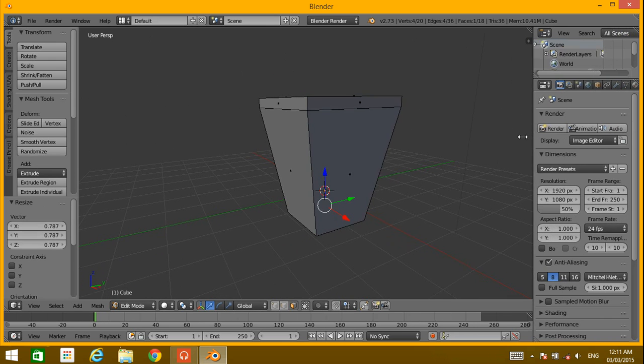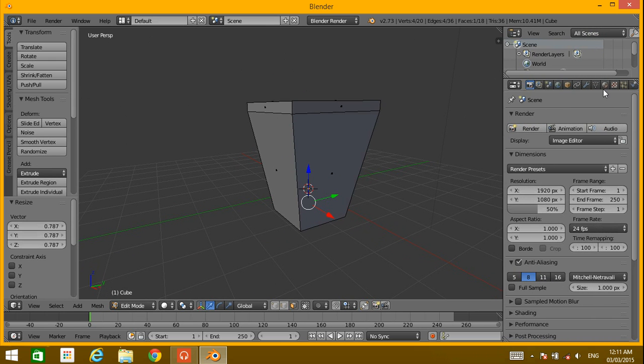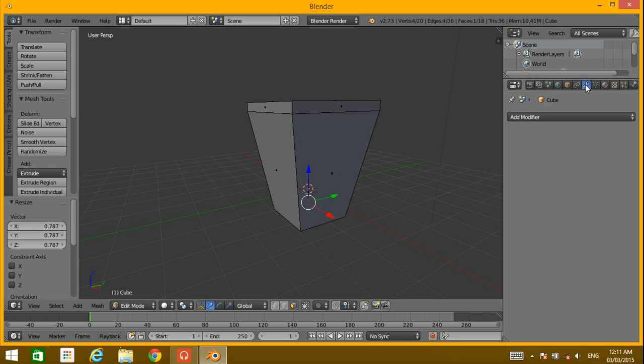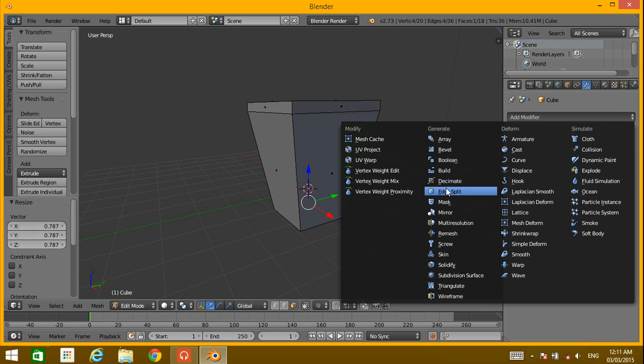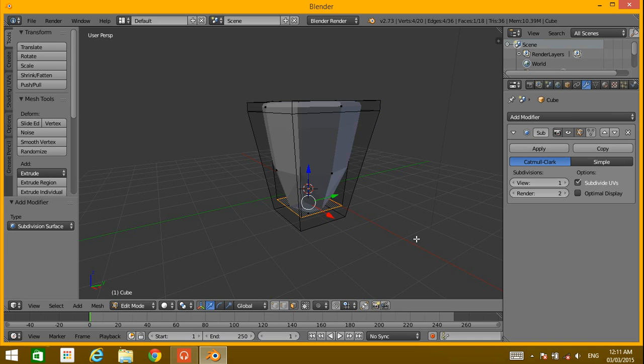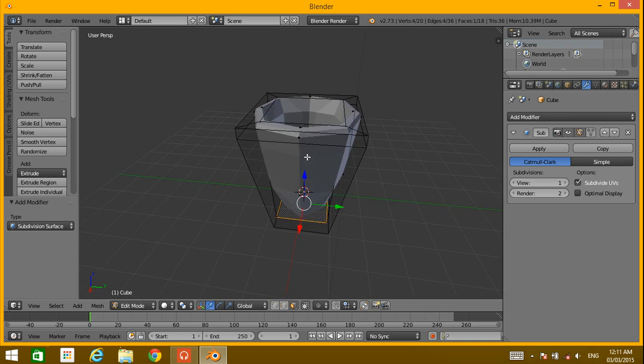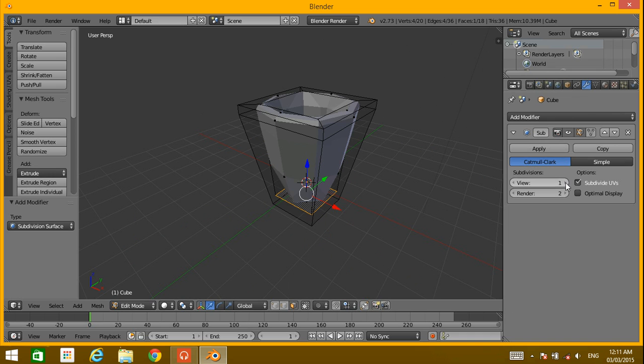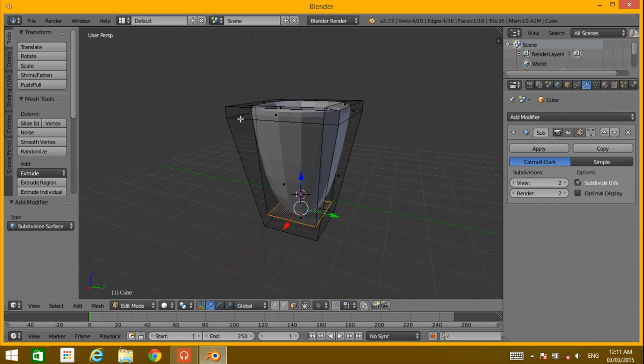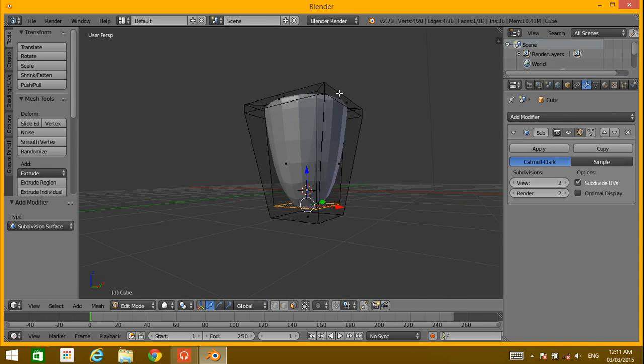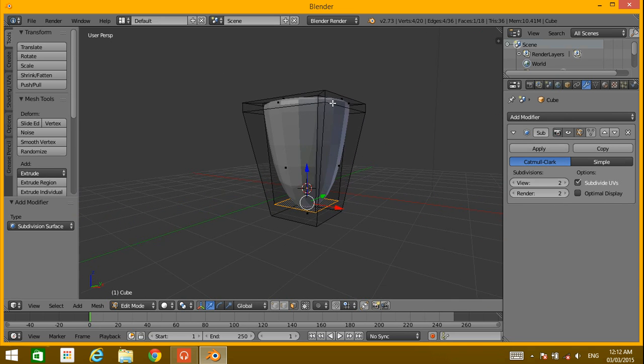To make it round, we have to go to modifiers, here in edit mode, add modifier, and here you go, subdivision surface. Alright, and we set the view to 2, and here we have our simple glass.